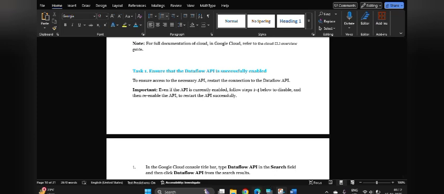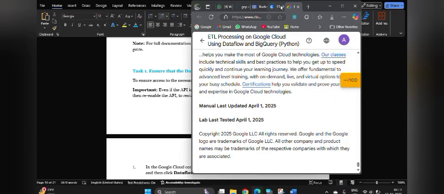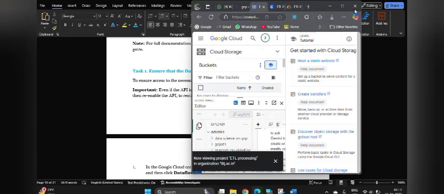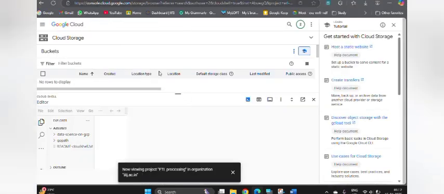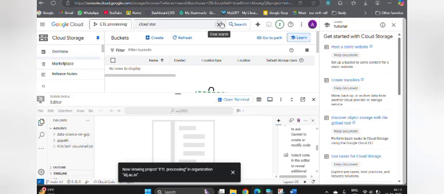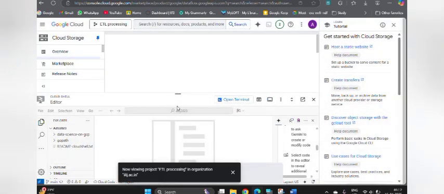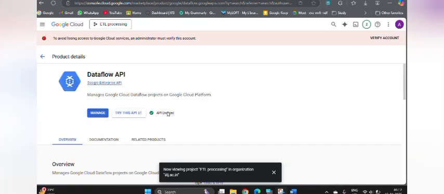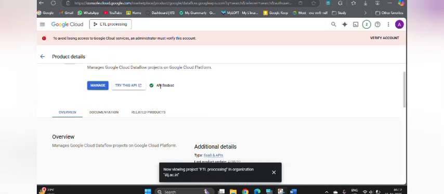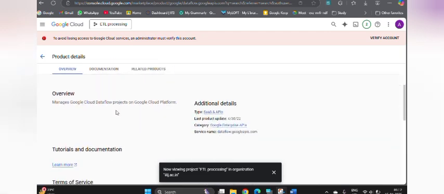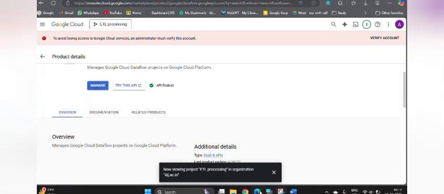For that, in my Google Cloud Platform, I searched for Dataflow API, and you can see I have already enabled the API in my Dataflow. Then